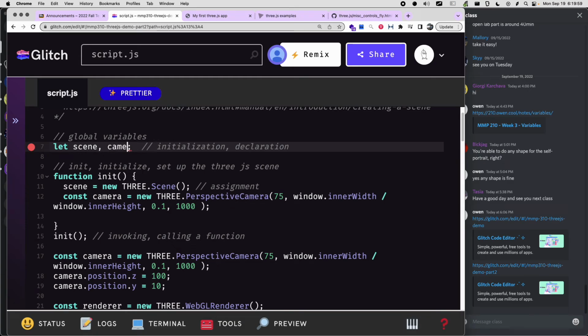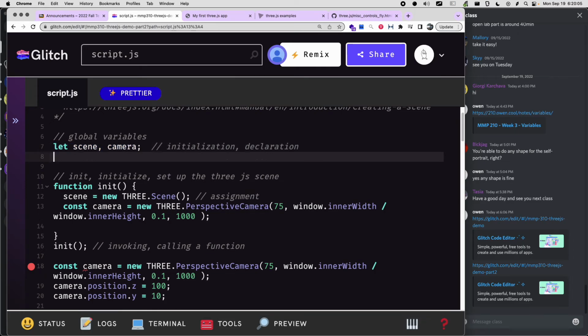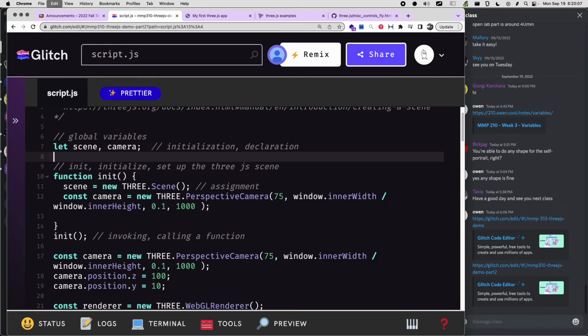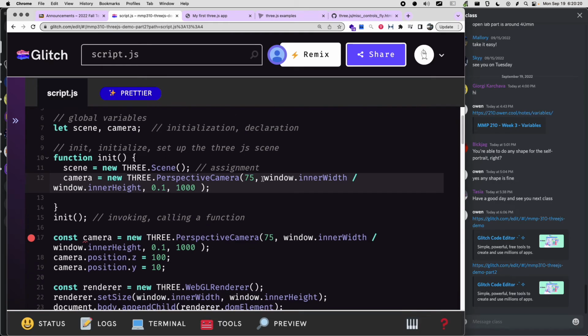So I can say scene, comma, camera. And this saves me a little bit of time because instead of writing let camera down here, I can just add the camera to this part. So I'm saying let scene, and then the comma means apply the same thing to the camera. So I have let scene, camera, just remove the constant here. So I have a camera now, and